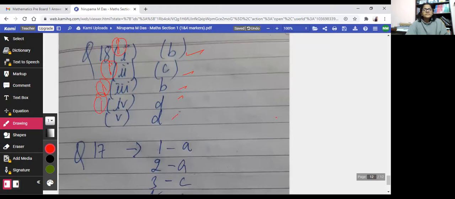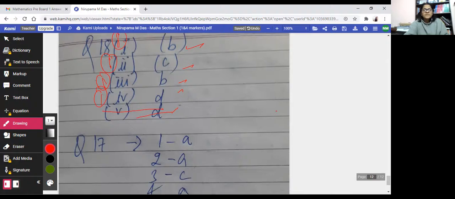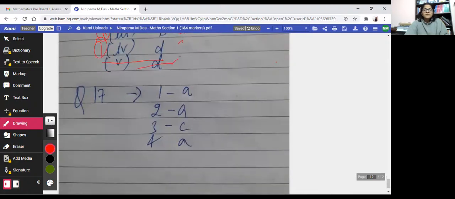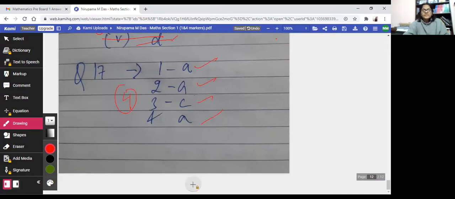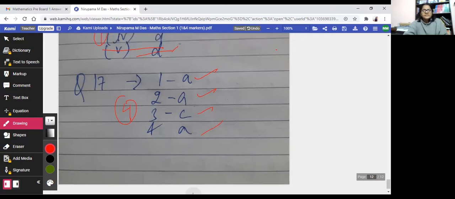Like this. And the last one is, okay. So now this document is fully checked. Now I can see the marks.